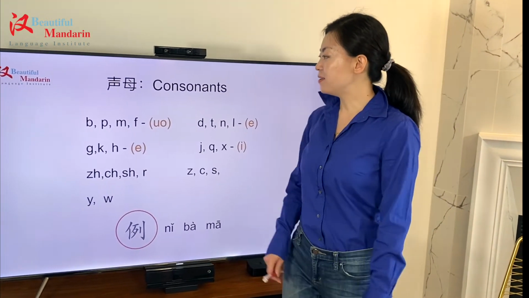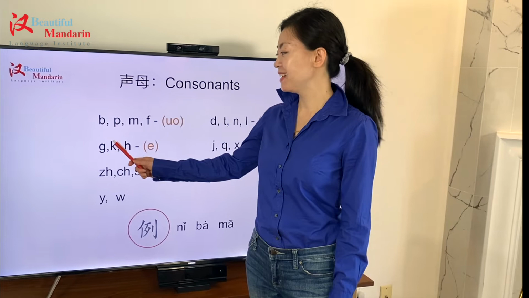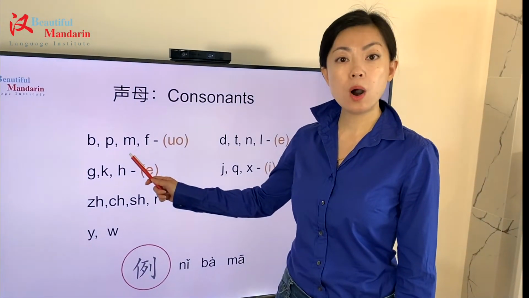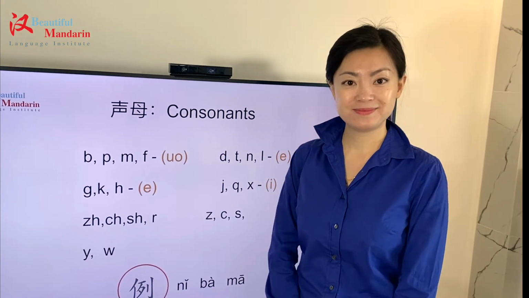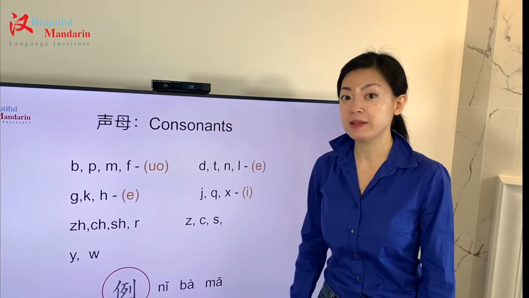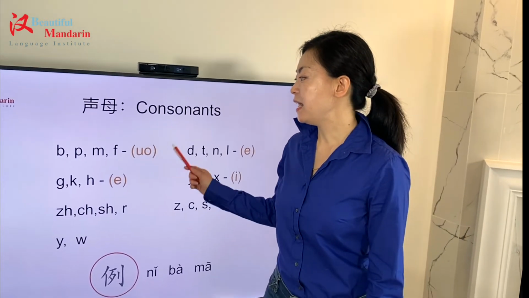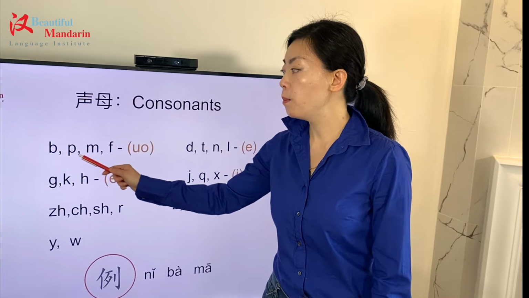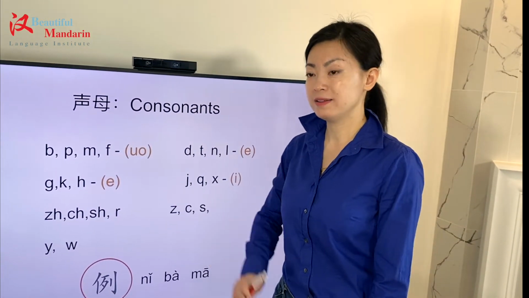好, so let's start from the beginning. 波、坡、摸、佛. So from how I pronounce them, you probably already noticed they all sound like something. 窝、波、坡、摸、佛